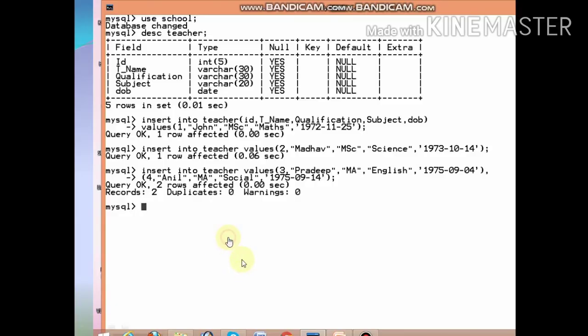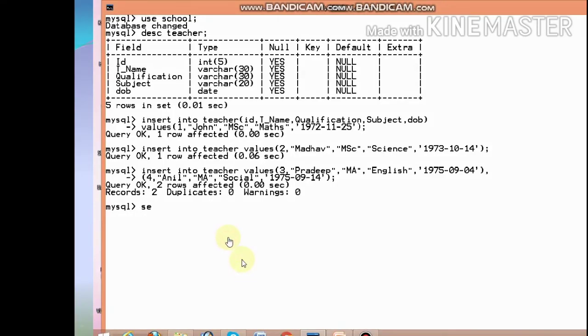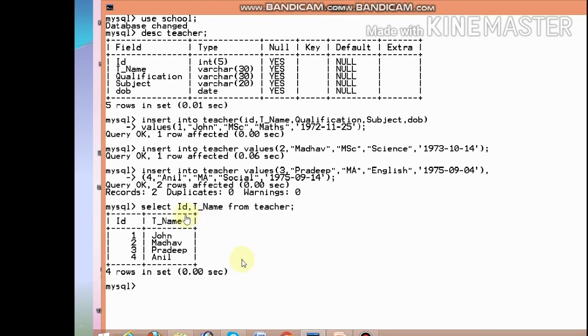Select the field name, ID, comma, teacher name. When you write it, the field names should be the same. From table name teacher. See, it displays only two fields, not more than two fields.